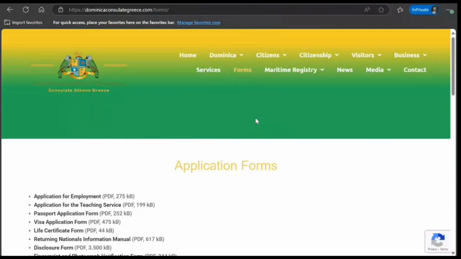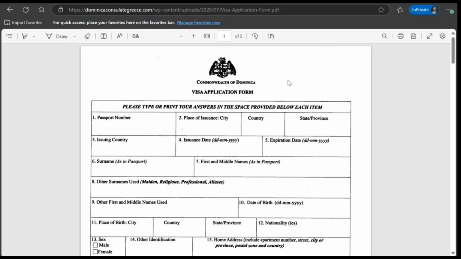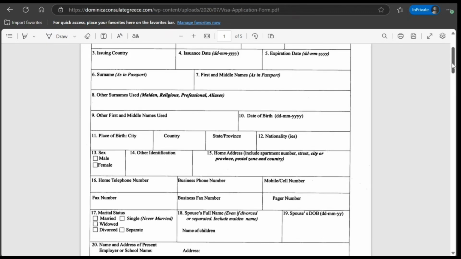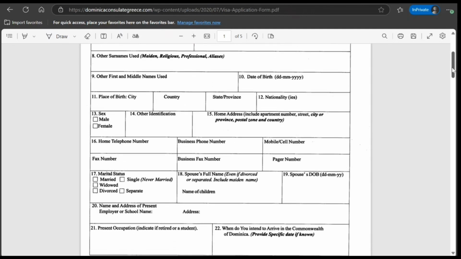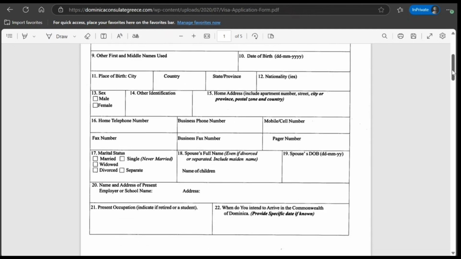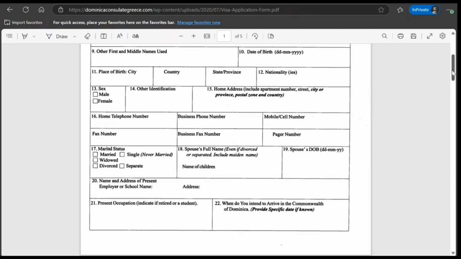What I did, I went to the Dominica consulate website in Greece, and from there I could get this visa application form. So it's pretty simple. Passport number, your passport details, issuing country, date. See the format, that's really important. Surname, first and middle name, other name if applicable, of course. Date of birth, place of birth, country, state, nationality, gender, home address, telephone number, business mobile, all such details, marital status,